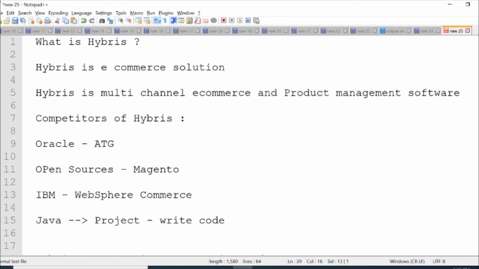So guys, in the next sessions I will be showing you some practical concepts of Hybris. There are multiple terminologies. We do have multiple cockpits in Hybris. I will show you those cockpits as well. Then we have multiple terms: accelerators, extensions, add-ons. We will discuss those as well. So first of all, in the next session, we will be doing a basic setup of Hybris, so that you can install Hybris on your local computer. So we will be doing a B2C accelerator setup in our next session.